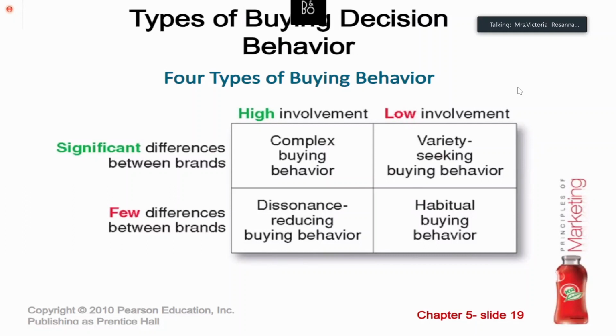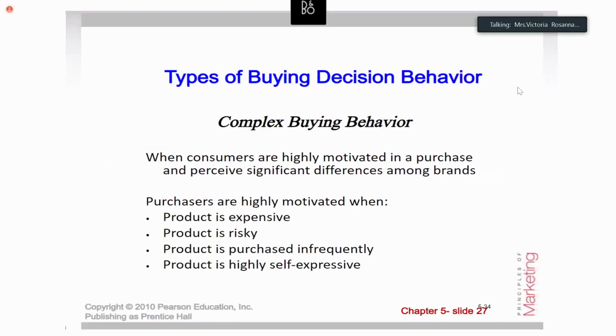Then finally, we can see the habitual buying behavior: lower involvement, few differences. Therefore, we get into the habit of buying those products. There is not much interest in purchasing that, and we are not worried about exploring different brands or getting information about the brands that are available. Right. So these are said to be the four types. Okay. Now, that is the common understanding I have given to you,